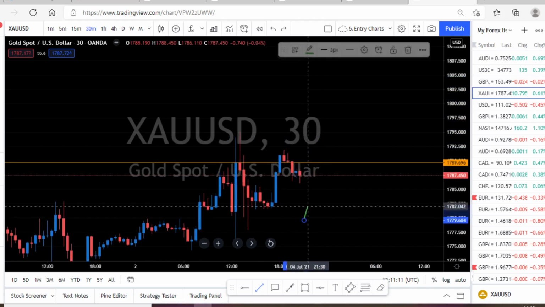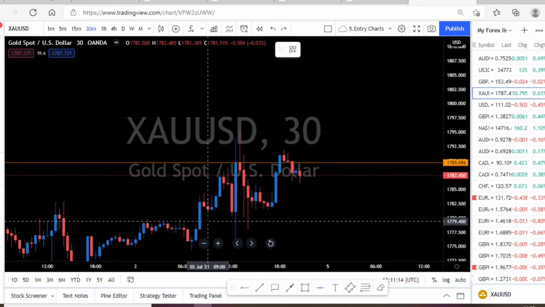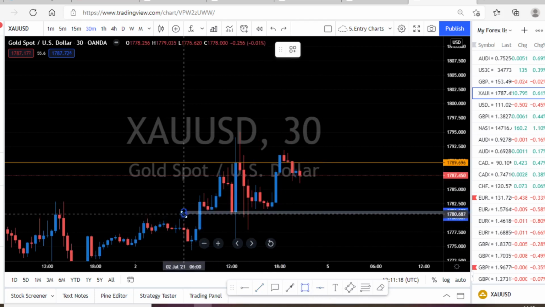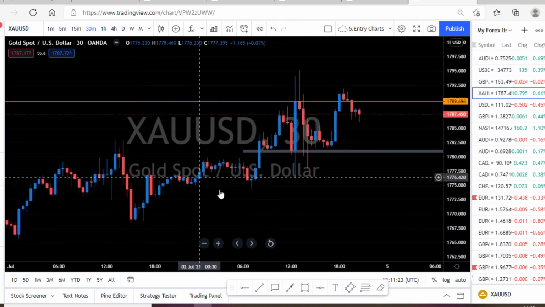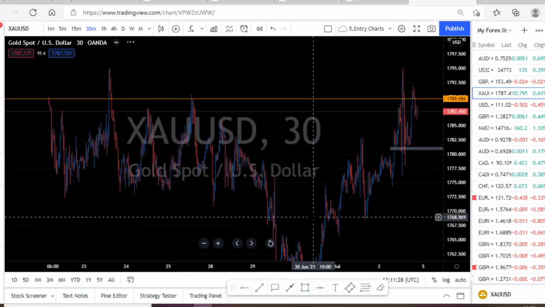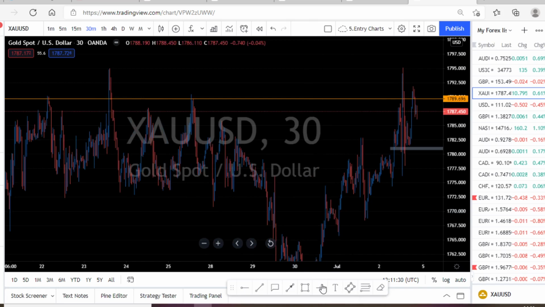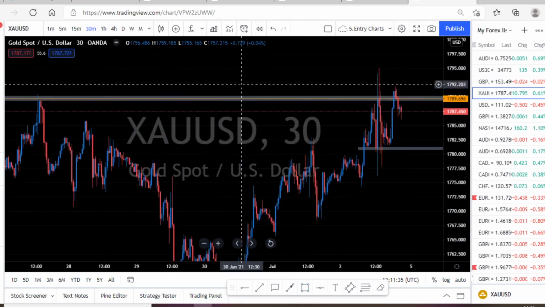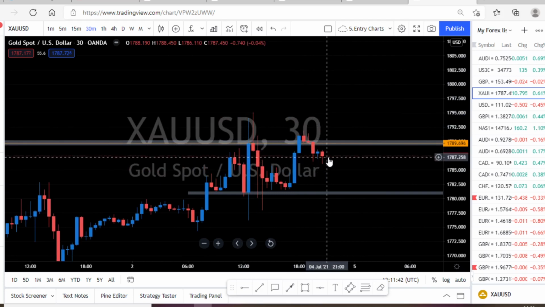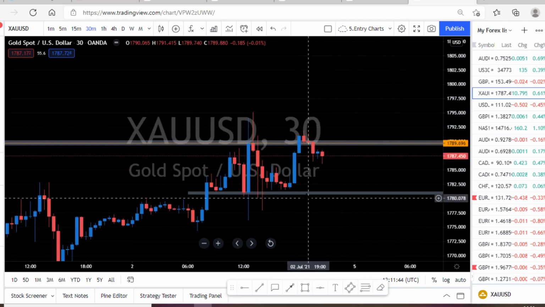So what we have at this point, let's have our analysis. We have this area of concern right here, based off 30 minutes. We have this area of concern right here as a support. And based off price, you can see how history tells us a story. Based off price, we have another second area of concern whereby price broke above and came back to retest below it. So based off my strategy,